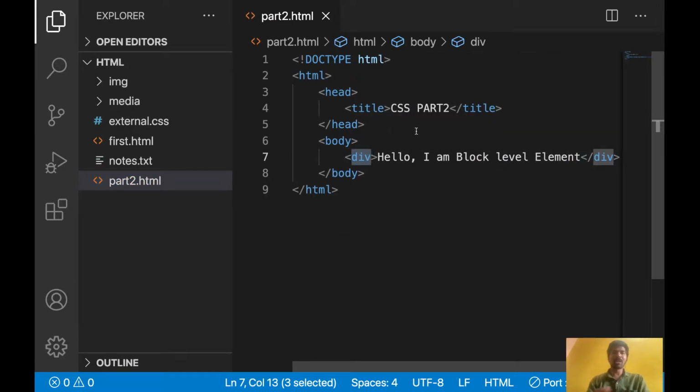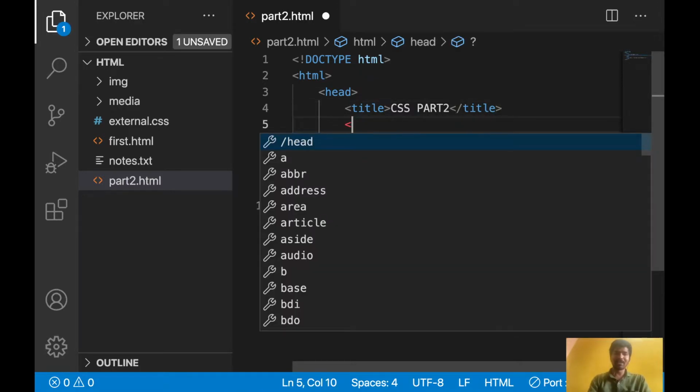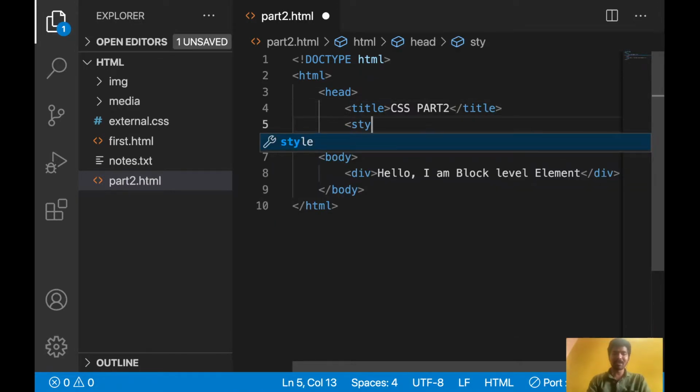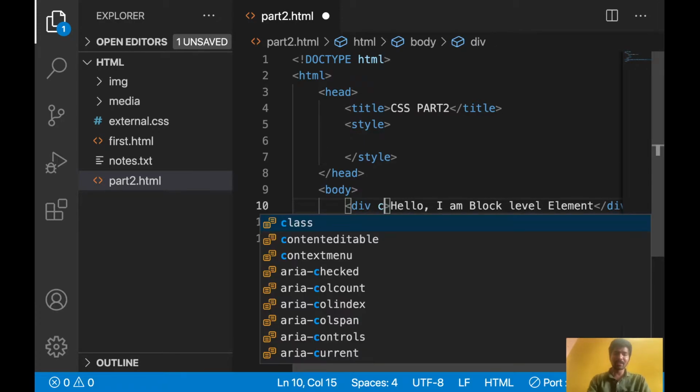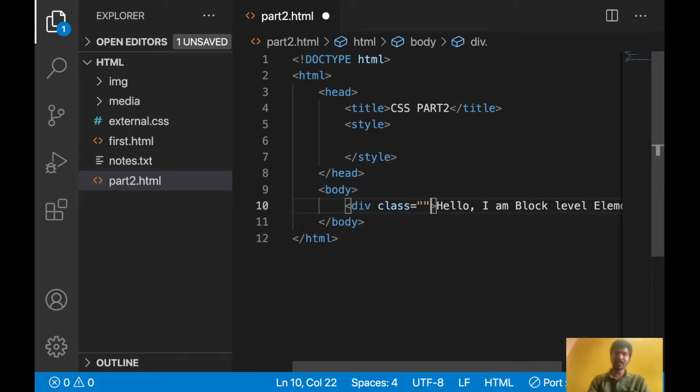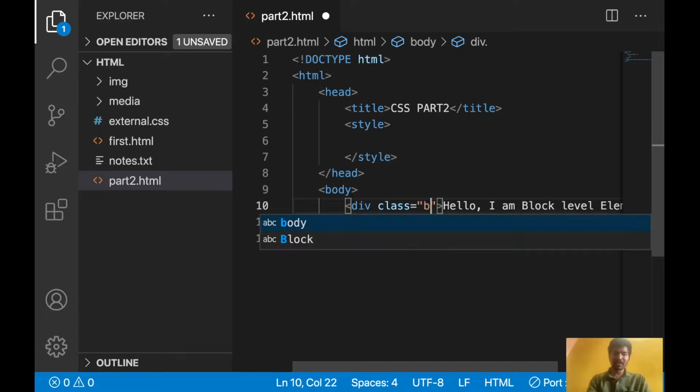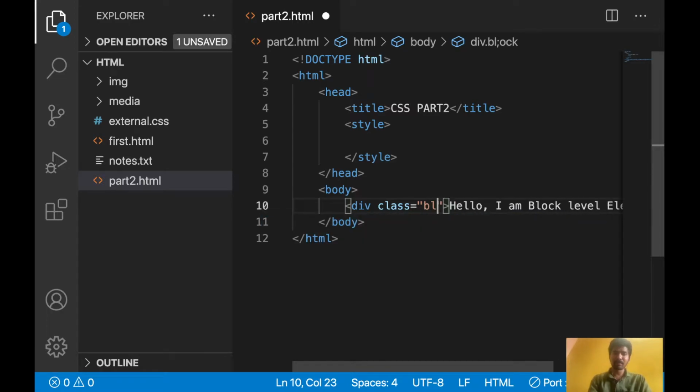So what is block level and what is inline, first of all? Let's write some CSS, then you will get the difference. We write style inside the style element. For the div I'm giving some class, for identifying this element, let's say block element.